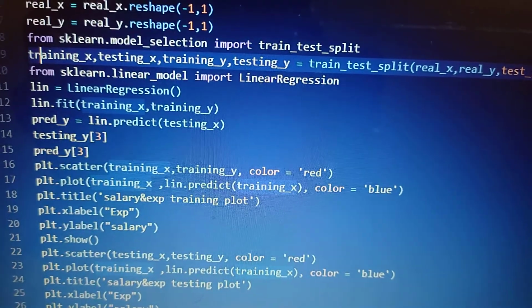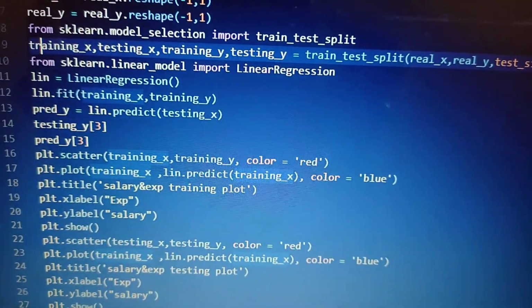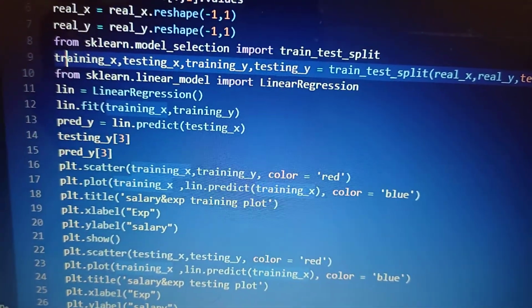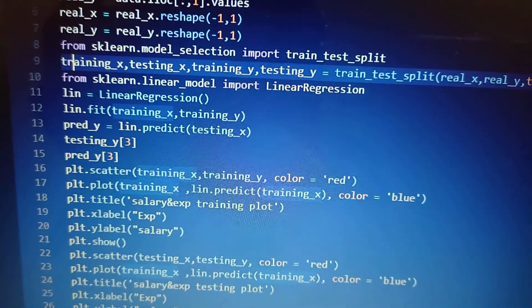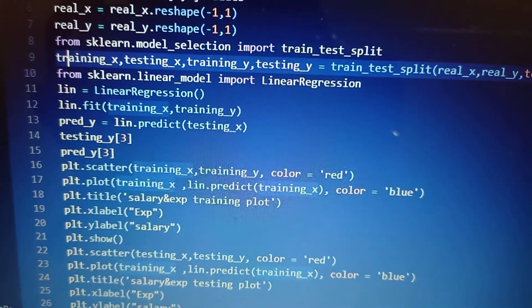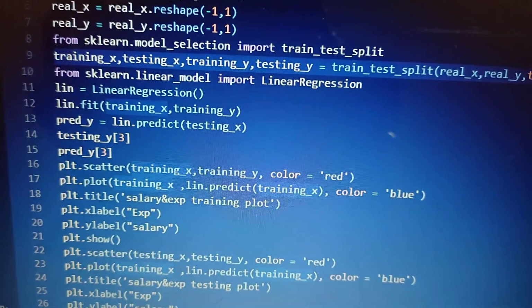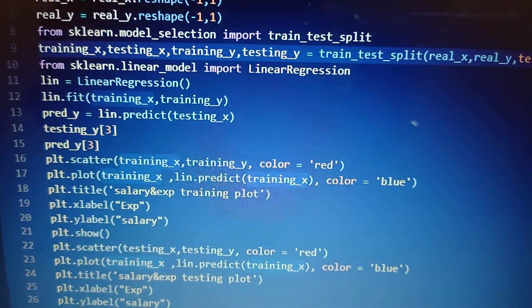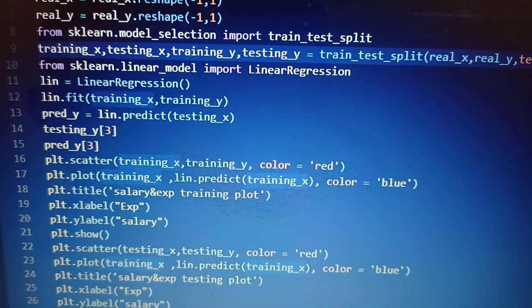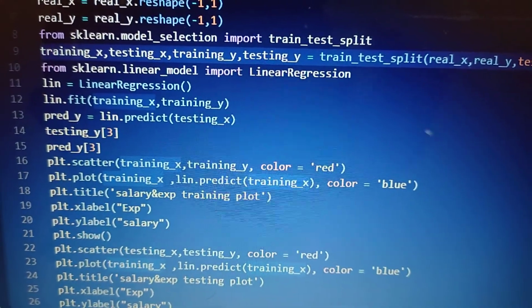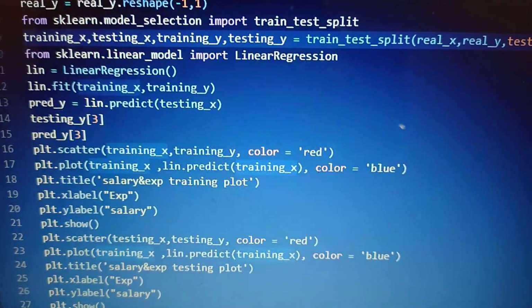Now we predict the data using the lin function, lin.predict. Here we give our testing data, which is testing_x.